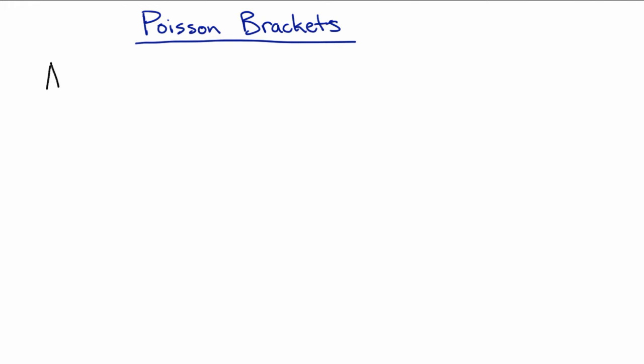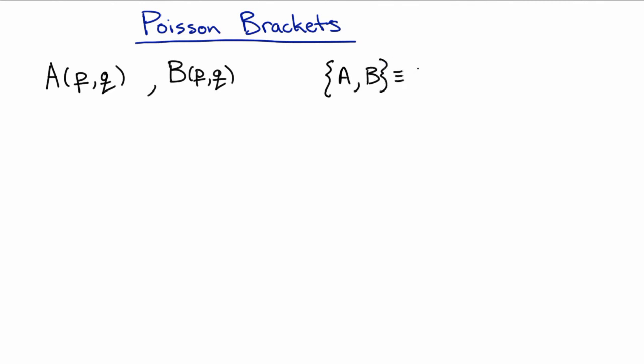Suppose you have a function of your dynamical variables in a system, and you have another function of your dynamical variables in a system. This could be anything. This could be just one of the dynamical variables, or it could be some complicated function of them. Then the Poisson bracket of those two functions, which is written this way, is just a definition. It's defined as